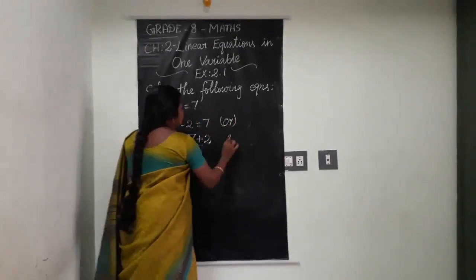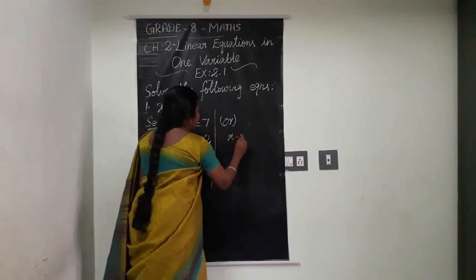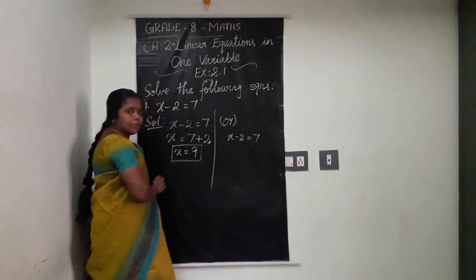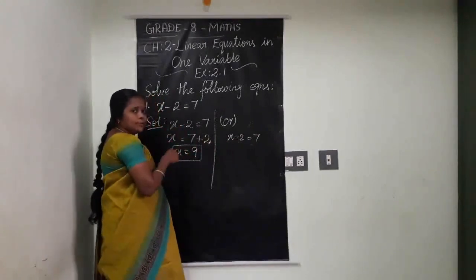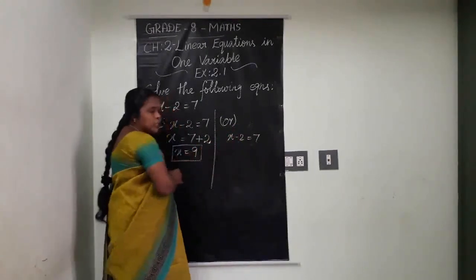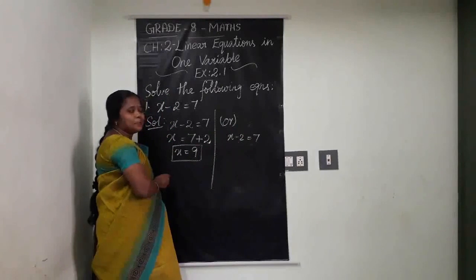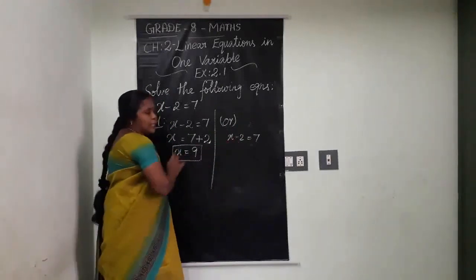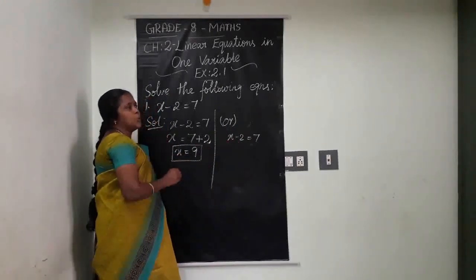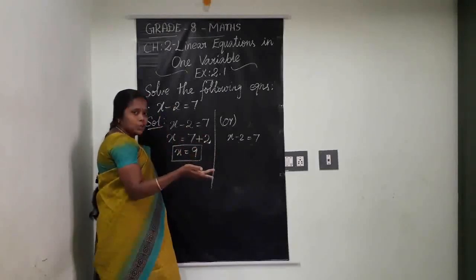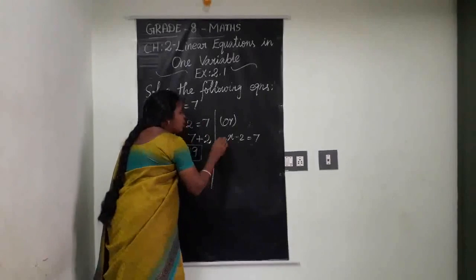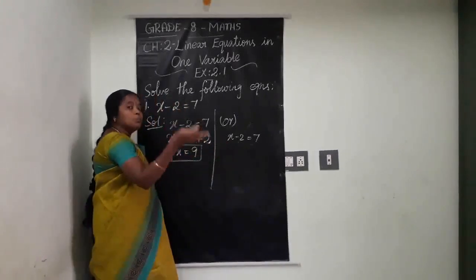just what is given here? x minus 2 equal to 7. This is the given question. Here is minus 2. By doing what work can we eliminate this minus 2? Any idea? What to do? Here is minus 2. So with the minus 2, if you add plus 2, both become 0. Correct? So we are going to add plus 2 on both sides.